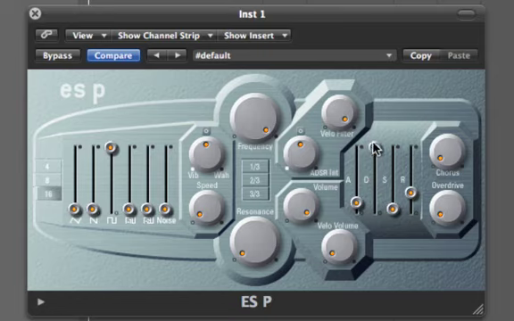Okay? The decay, if it's all the way down, it's going to decay all the way right away. We don't want it to decay at all, so we're just going to put it all the way up. The sustain is the volume that the synthesizer stays at once the decay happens. But since we don't want it to decay at all, we'll just keep the sustain, excuse me, all the way up. So now the sound doesn't die out at all.